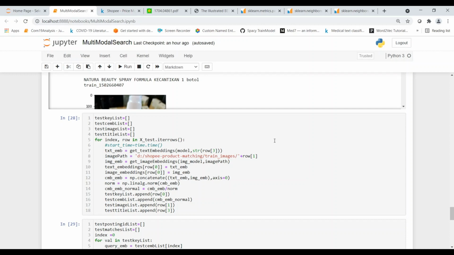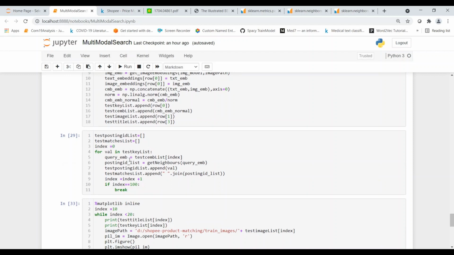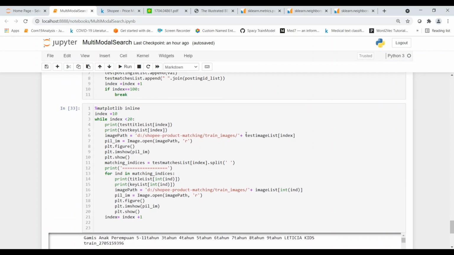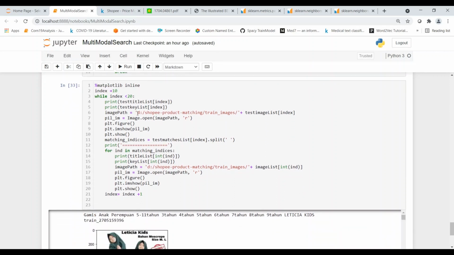Now what will happen is that you have a test image and a text query, which I am sending to our nearest neighbors function, and I am getting the nearest neighbors which are close to the test query. Again, I am doing it for 100 samples over here. Now let's look at some 10 samples, not random exactly, maybe the second 10 or something like that. What I do is print the test query image and text, and then the matches.